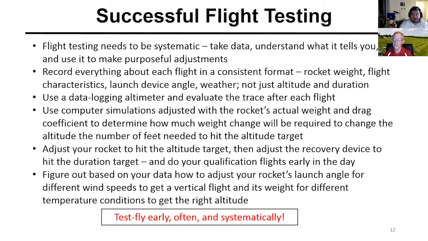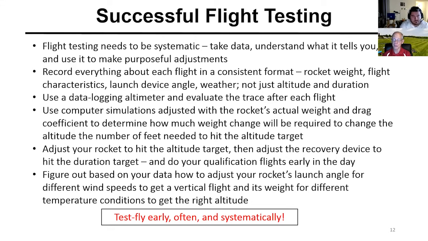There are a couple ways to tweak the parachute to get it on target. You can change the size. If you change the size, remember that changes the weight, typically, which does change your rocket's weight. So remember that when you've got it right on target in altitude, and then you change the parachute, you may have just changed the rocket's weight, which changes the altitude. Be careful. But another way that you can change the duration without changing the parachute is to just what we call reef the shroud lines. Tie a knot in the shroud lines partway up. That keeps the parachute from opening as completely and makes it descend quicker.